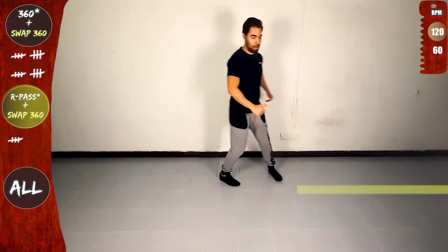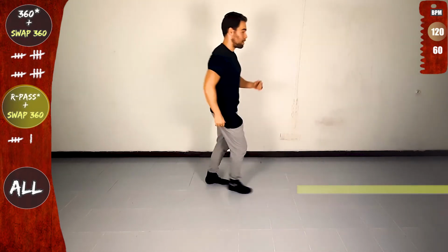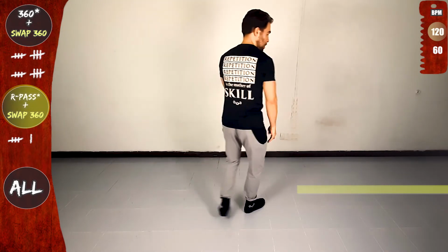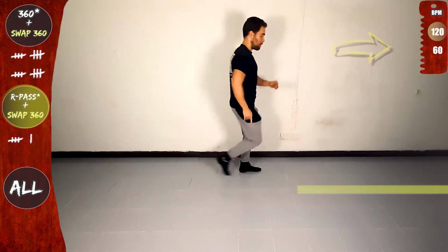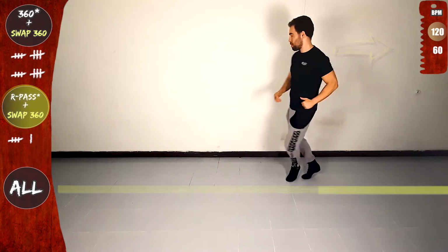back, open, rotate, basic offline, and again, right pass, let's go, cross to the back, side, swap 360, anchor, back, open, rotate, basic